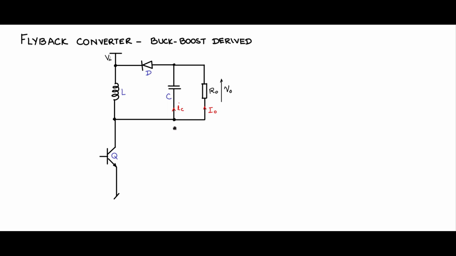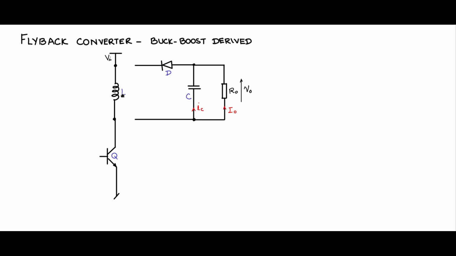This portion of the circuit, we will push it out and introduce isolation here. Observe that this is an inductor, and we are winding one more winding on the inductor so that it provides isolation. But the behavior of this magnetic will still be inductor energy storage. So let us put in one more coil there.